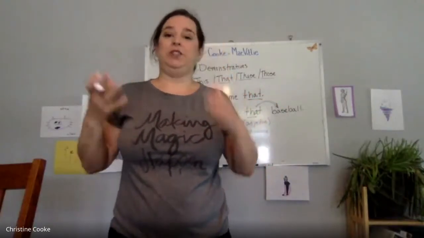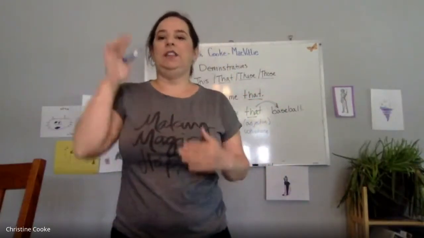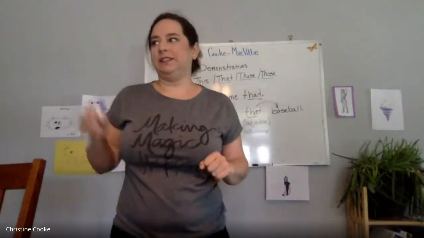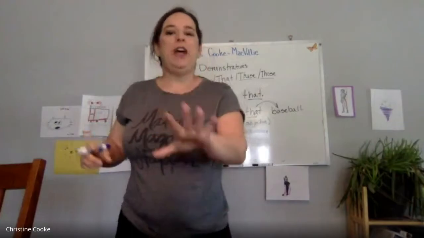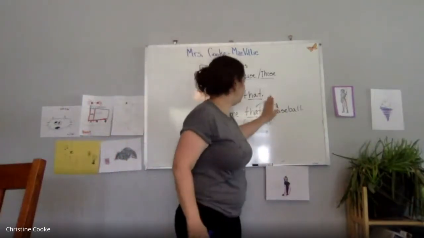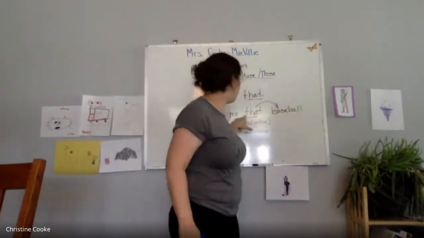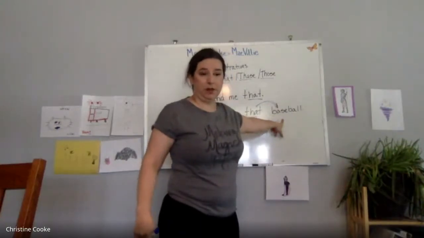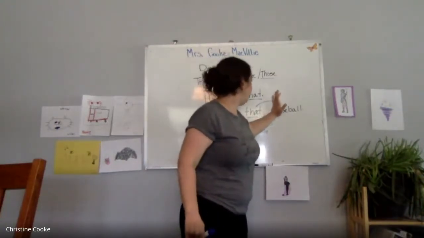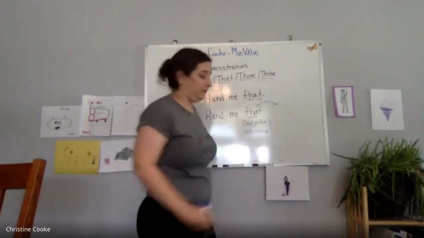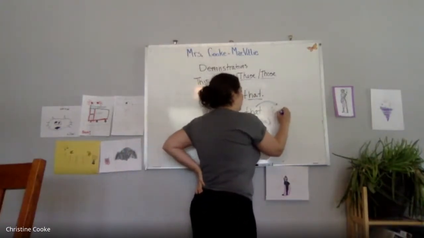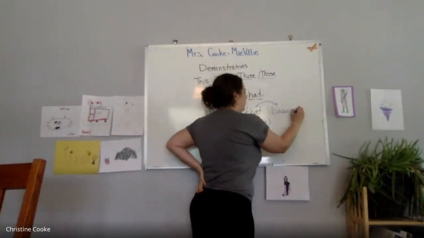Again, we call them demonstratives because they demonstrate. I want that bowl, those mugs, this cookie. It demonstrates which ones I want. But then if I take this noun away, because remember, adjectives describe nouns and baseball is a noun, I have a sentence that looks like this: hand me that. I've taken away my noun. I'm going to put this back so you don't get concerned.